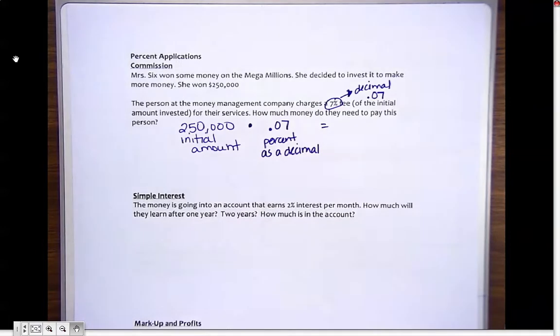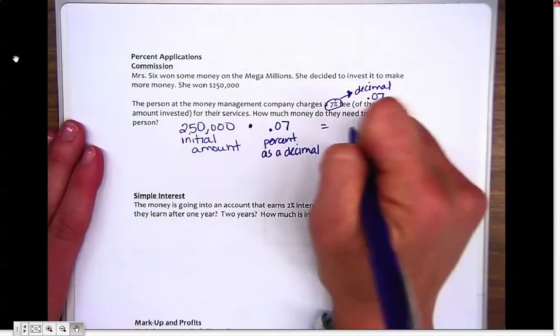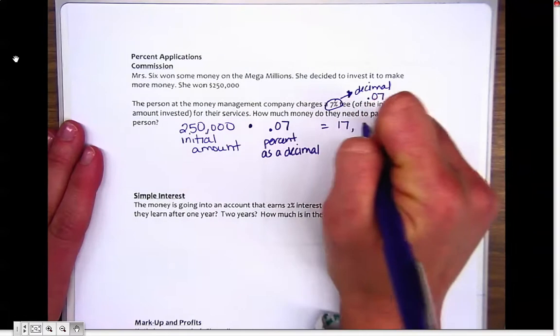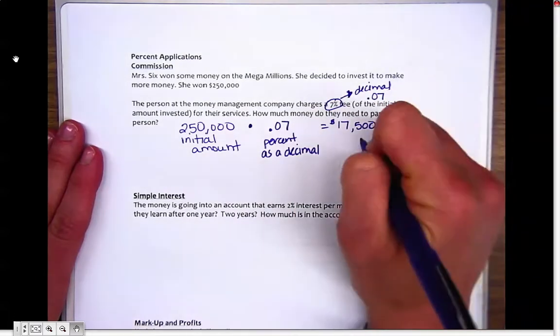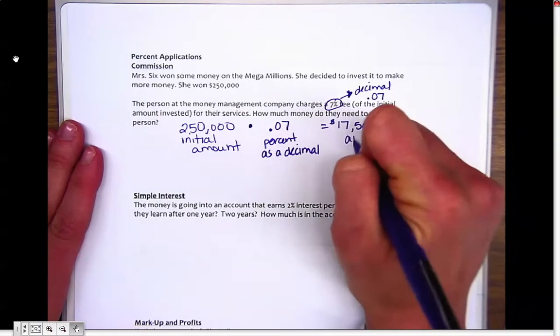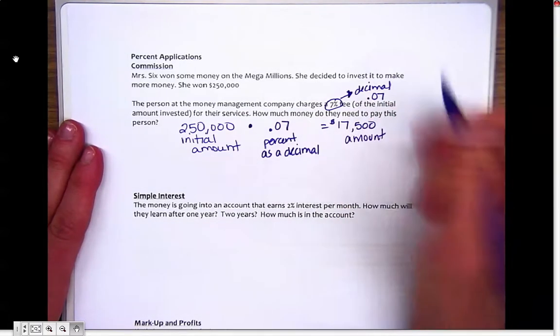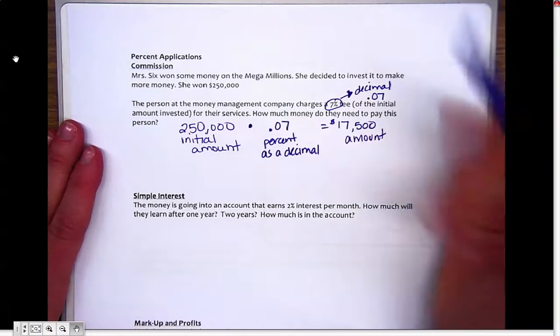And when we do that, we find that 7% is going to be $17,500. So Mrs. Six has to pay $17,500 to the money management company